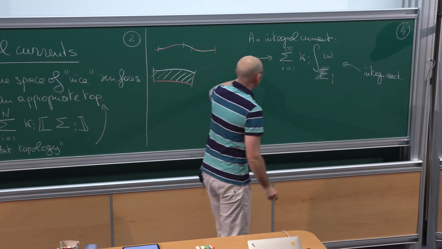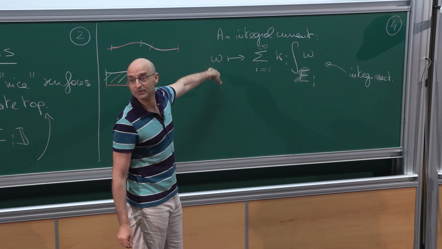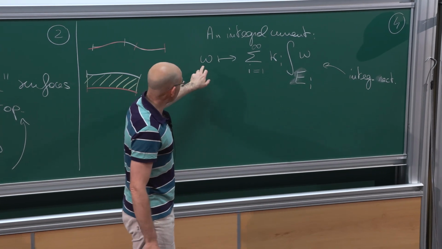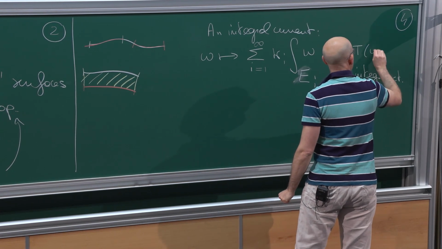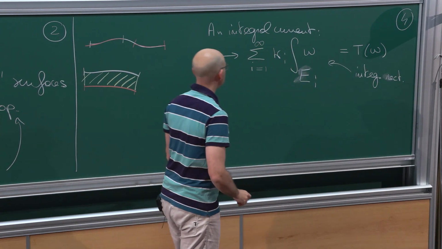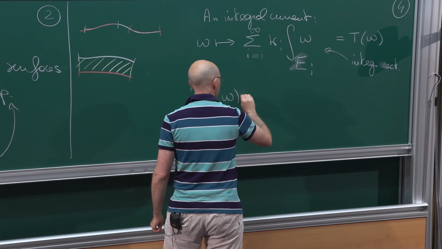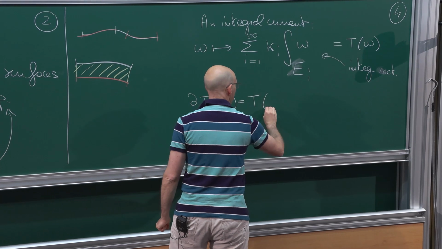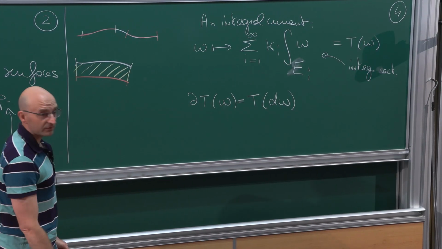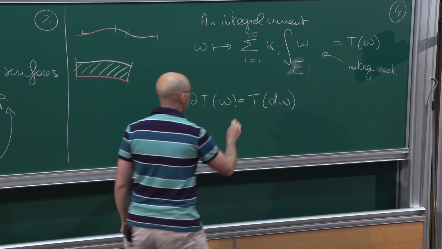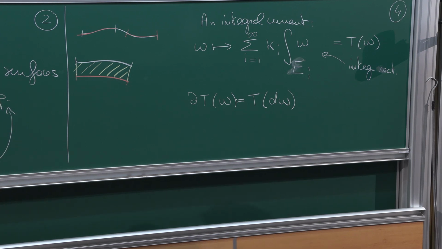And integral amounts to the fact that the boundary of the current has a similar representation. But now, how do I understand the boundary of this current? Well, if this is a linear action on the space of differential forms, then the boundary acting on it is just the action of the current on the differential of the form. So by definition, my boundary is given through Stokes' theorem. Okay? So now,